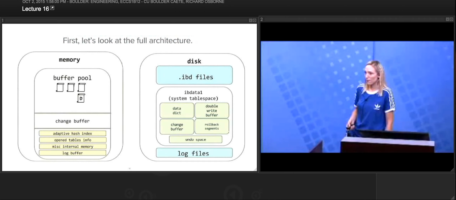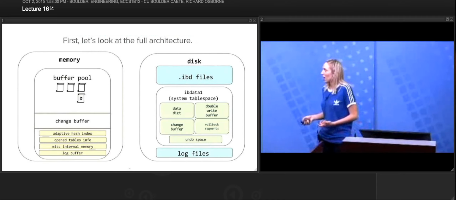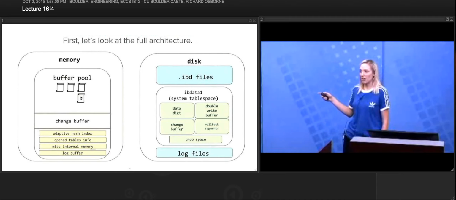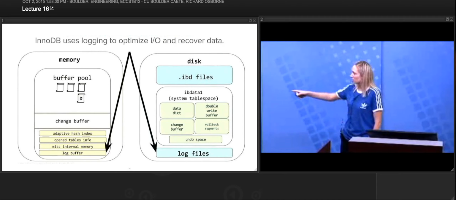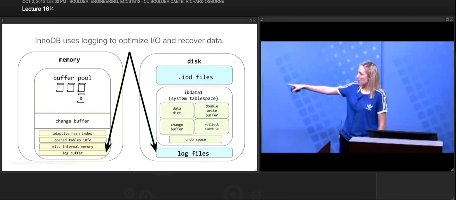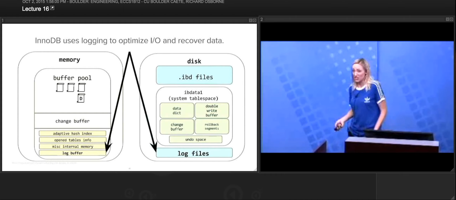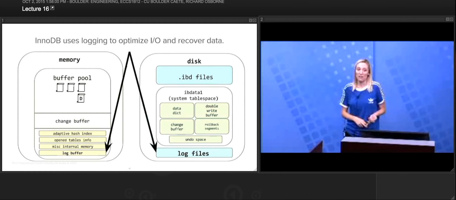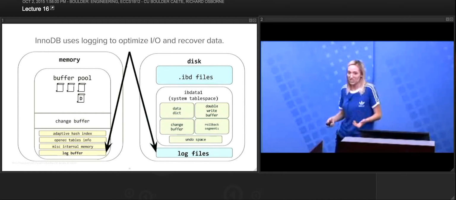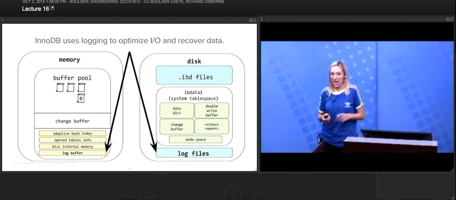Any questions so far? Okay, so full architecture, this is back to that higher level overview with more data structures. You see that log buffer at the bottom in memory and the log files on disk? It's going to use logging just to optimize I/O and recover data. That's what InnoDB does, helps you recover data in case of a crash. So if all of a sudden your system crashes, you have these log files that have a record of some